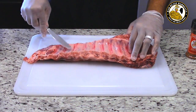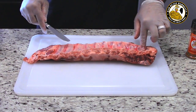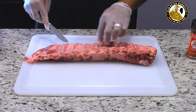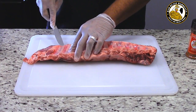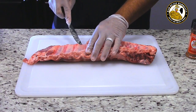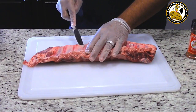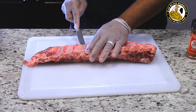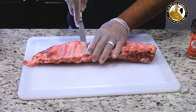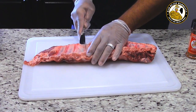First thing we're going to do is remove the membrane from the back of our baby back ribs in order to allow for the brine and the spice rub to penetrate the meat. So we're going to take a butter knife, something that's not very sharp. We're going to get underneath the skin like so, and start peeling it back. I normally go on top of one of the bones and slowly peel it back